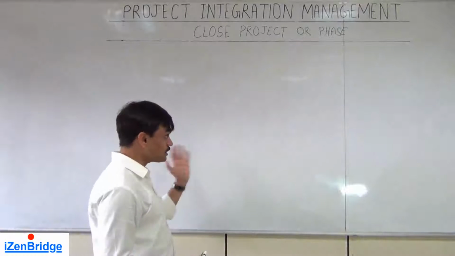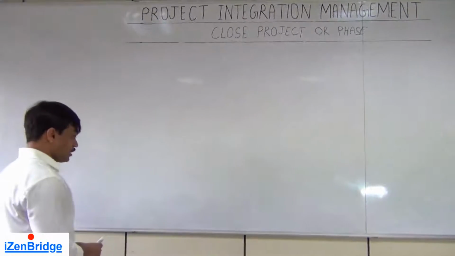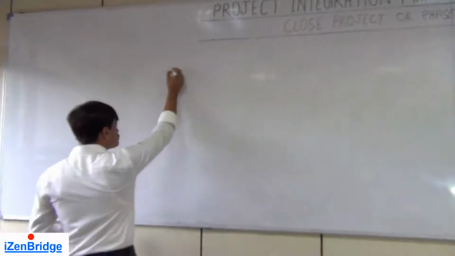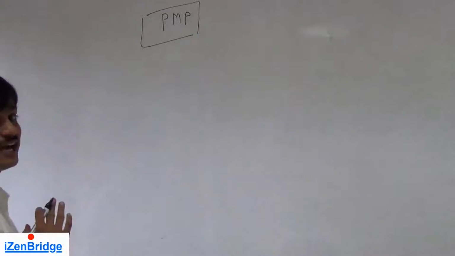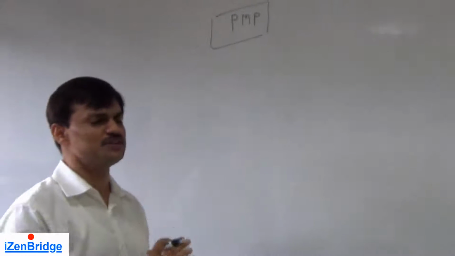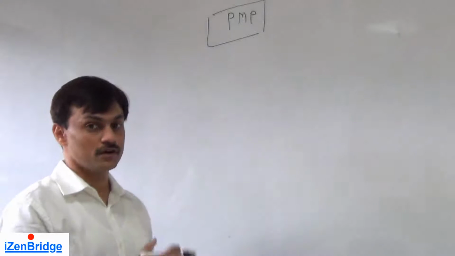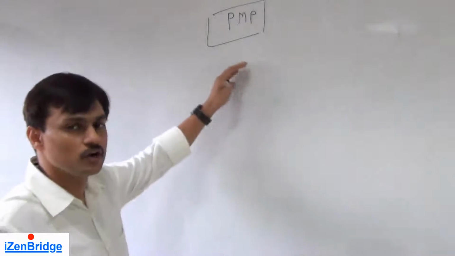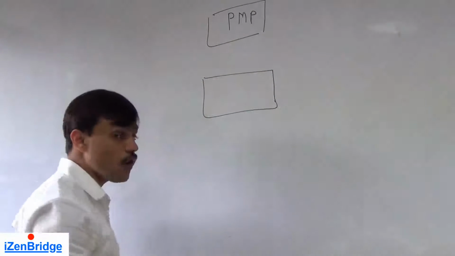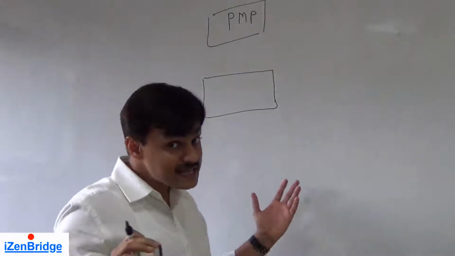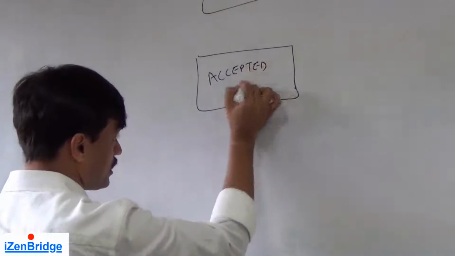So let's look at inputs and outputs and identify what we do in closing a project or phase. Project management plan is the first input because we need to follow it even while closing. By this time, you may have a project management plan which has been revised several times, because in many processes we were updating it, so it must have a good version history. Since you are closing the project, you also need to see what deliverables have been accepted till now. So we get an input called accepted deliverables,